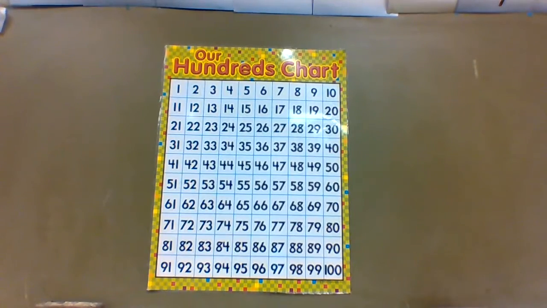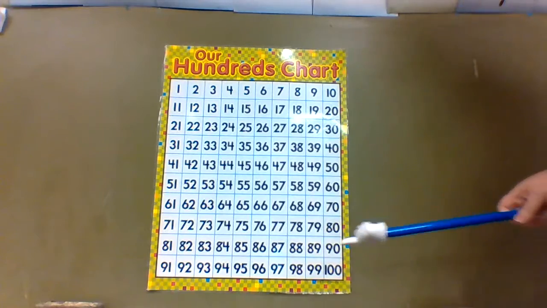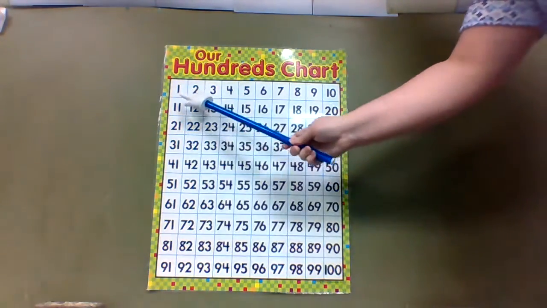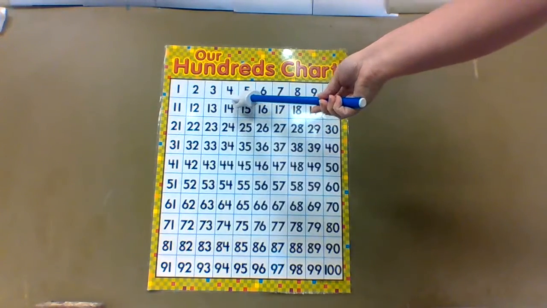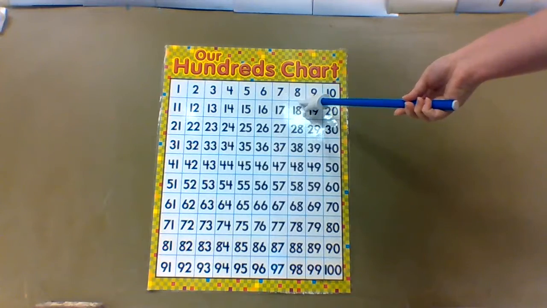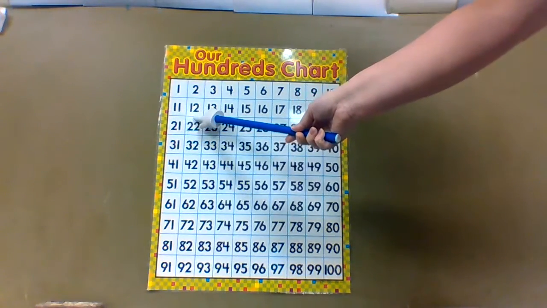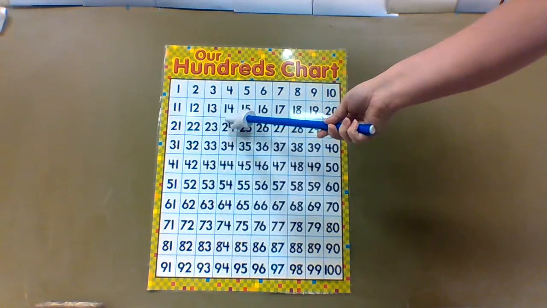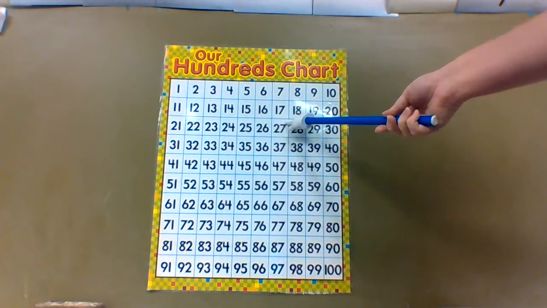All right, let's begin our math by counting to 100. We're going to count by ones. Count with me. 1, 2, 3, 4, 5, 6, 7, 8, 9, 10, 11, 12, 13, 14, 15, 16, 17,